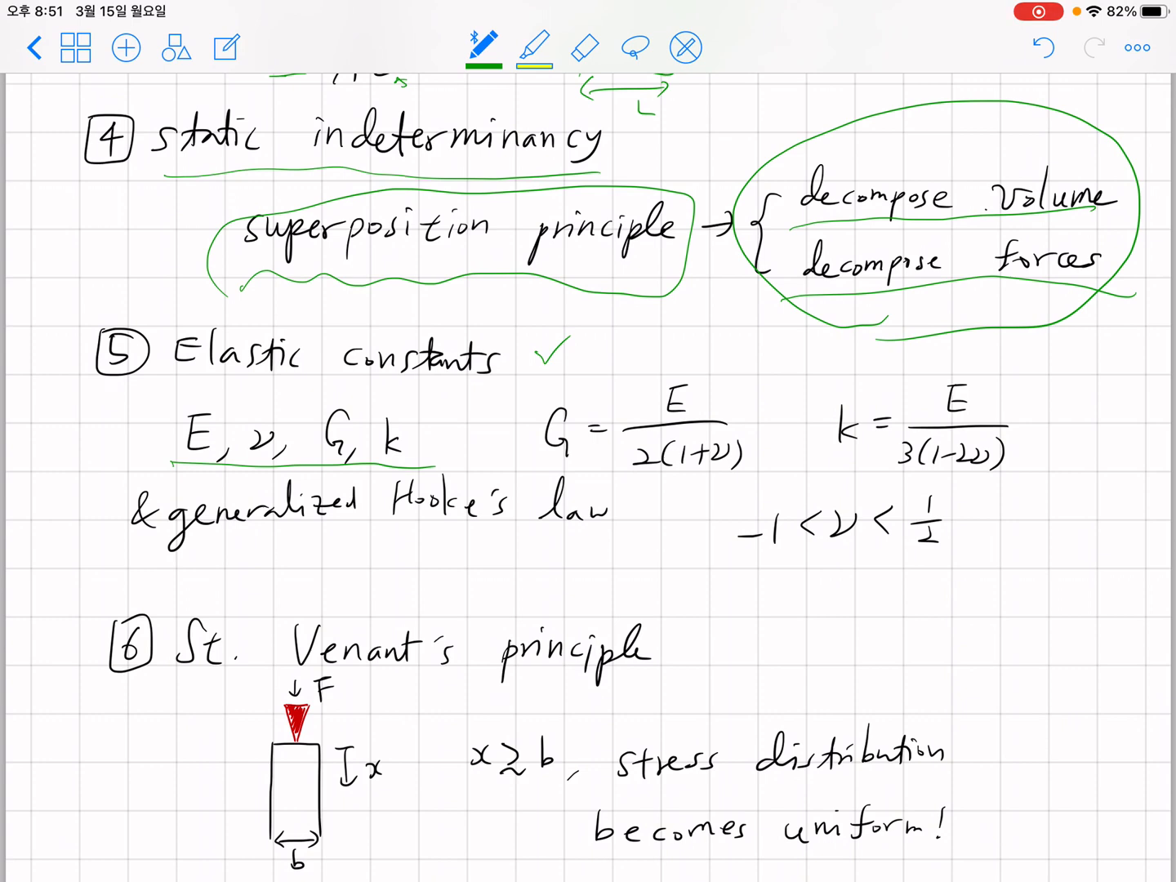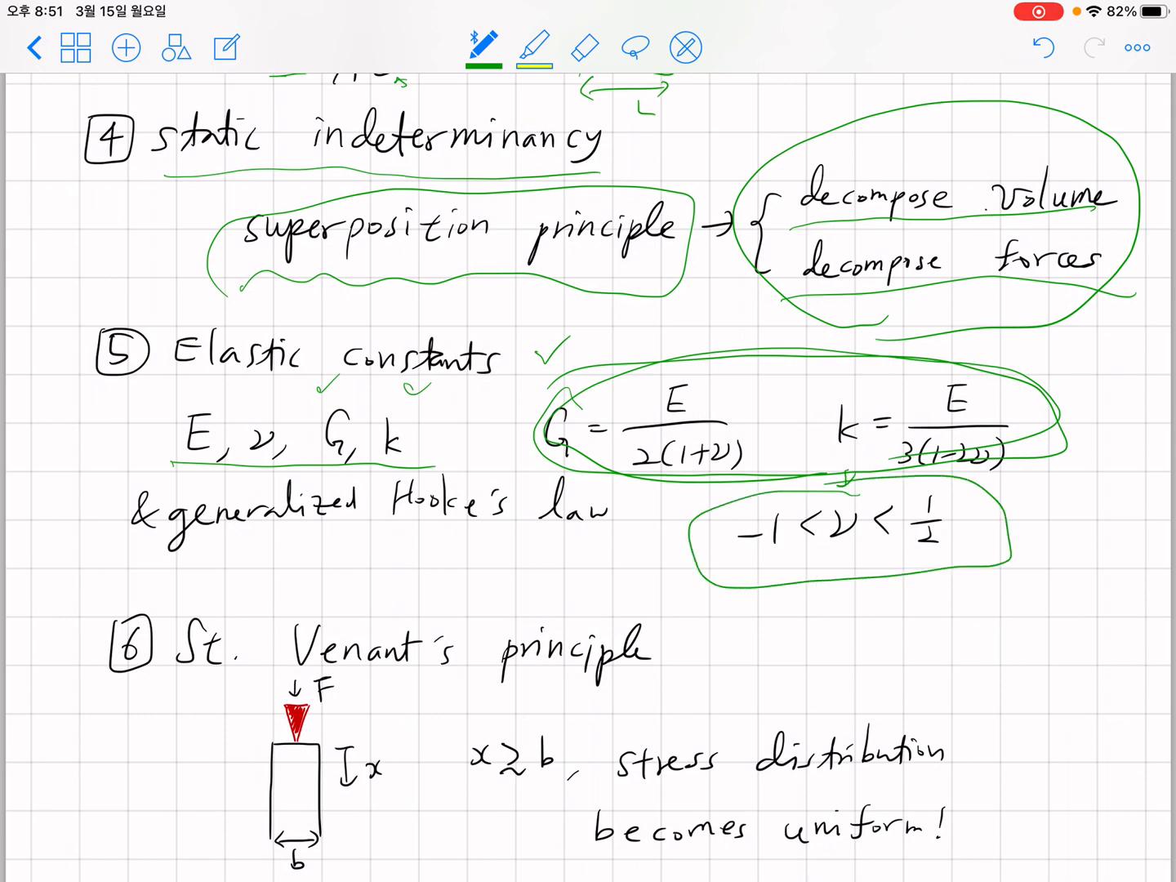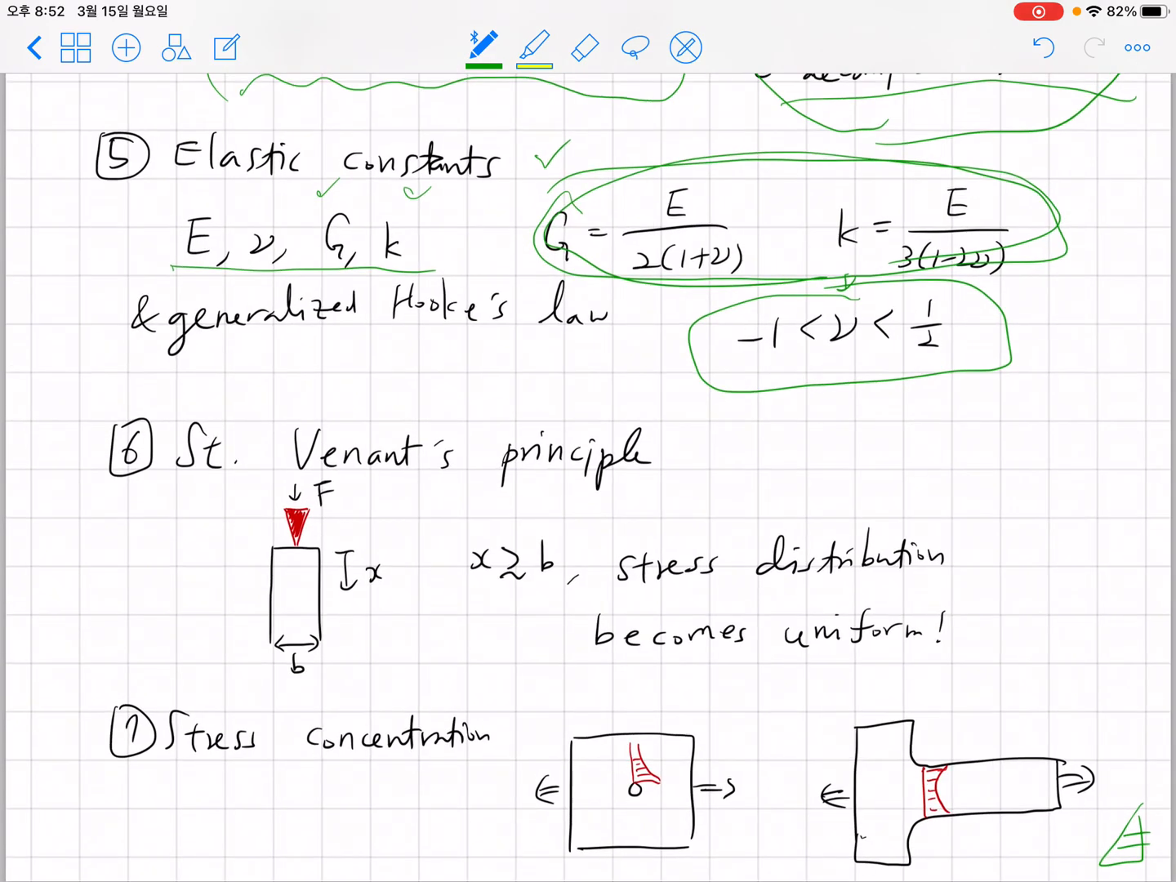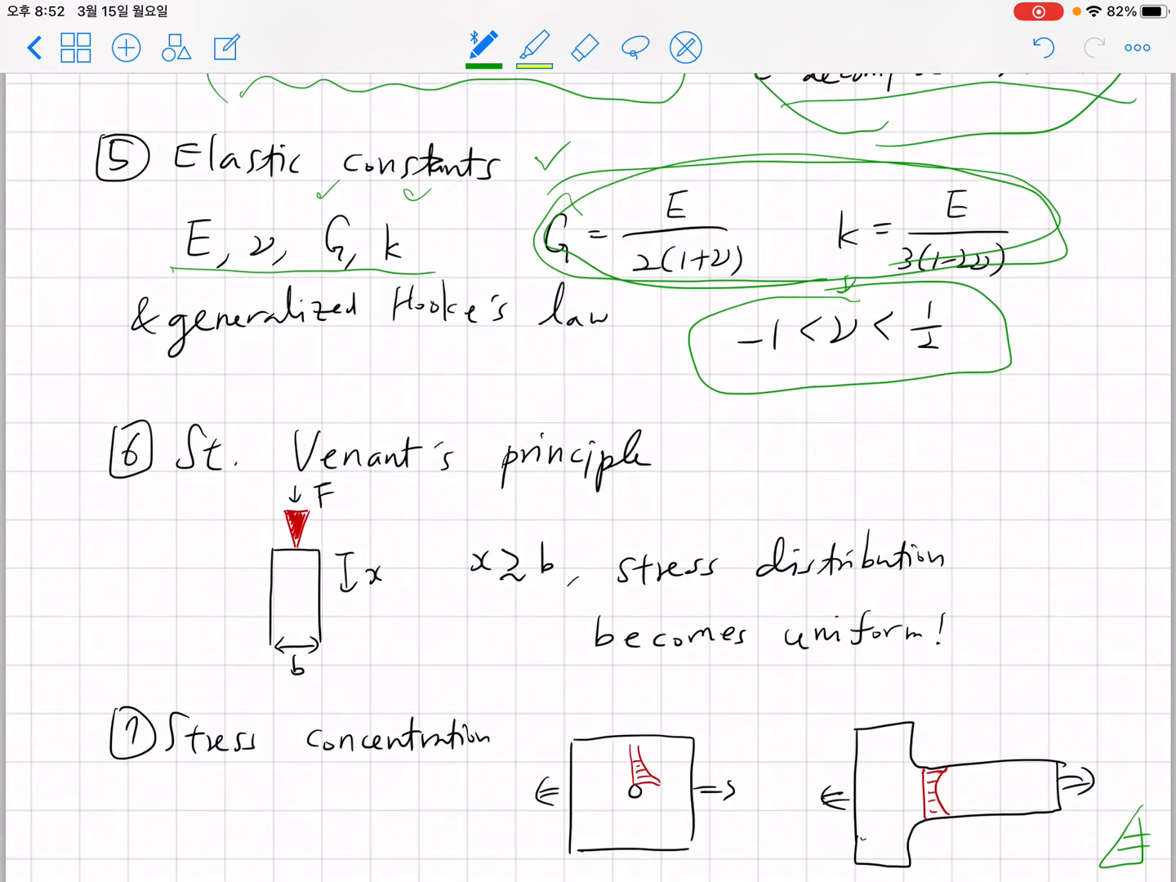what's the meaning of Young's modulus, Poisson ratio, shear modulus and bulk modulus, and we also derived the relationship between these four. Okay, and because of these relationships, out of four, only two elastic constants are independent. In addition to that, starting from this relationship, I told you that the Poisson ratio should be larger than -1 and smaller than half. Okay, then we move on to Saint Venant's principle, because